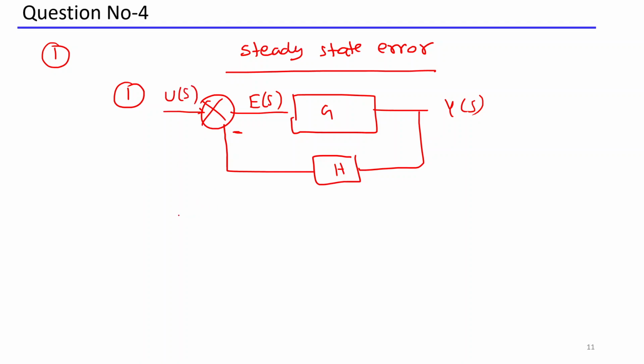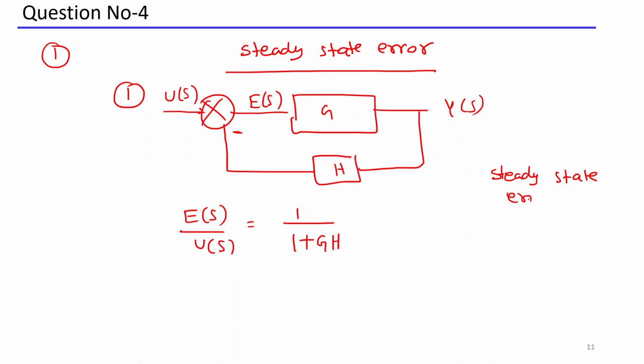Now you know that the error E of s with respect to the input is nothing but 1 divided by 1 plus GH. Now I'm saying that whenever you are finding steady state error for any system, is it applicable to a unity feedback system,